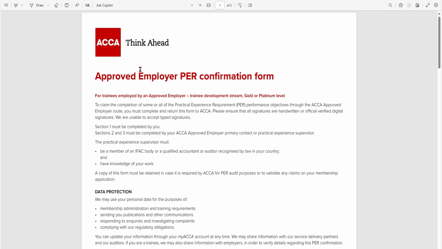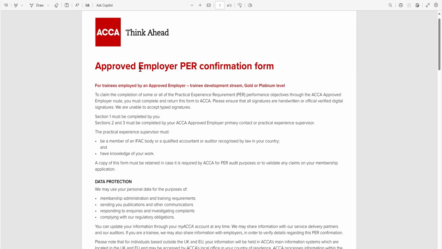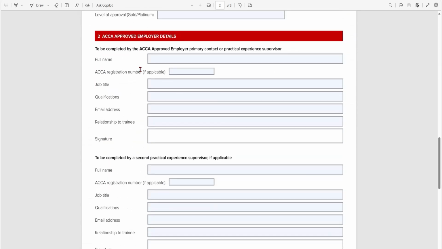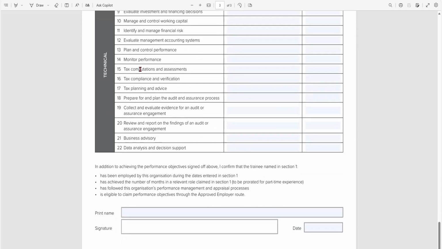which is shared on my screen, that is the approved employer PER confirmation form. This form will be downloaded from there. If you don't get it, do let me know, I will record a separate video for the same. Once you download this form, it will look something like this, and you need to fill in the